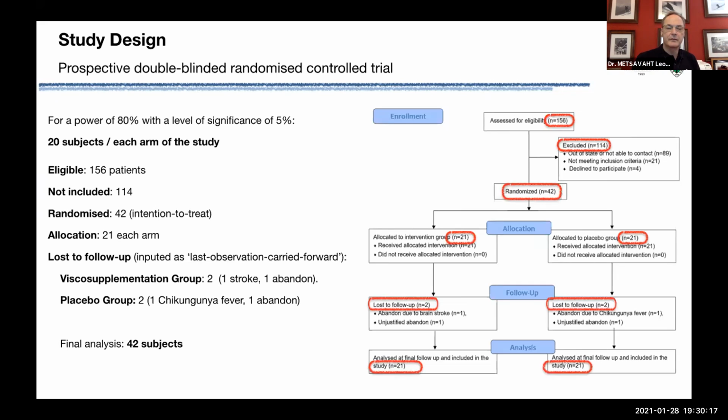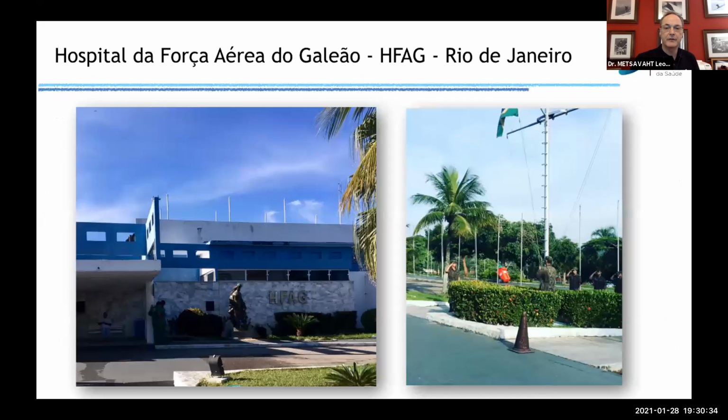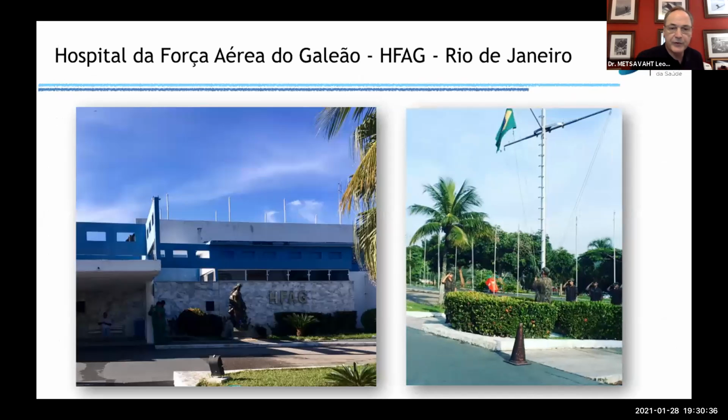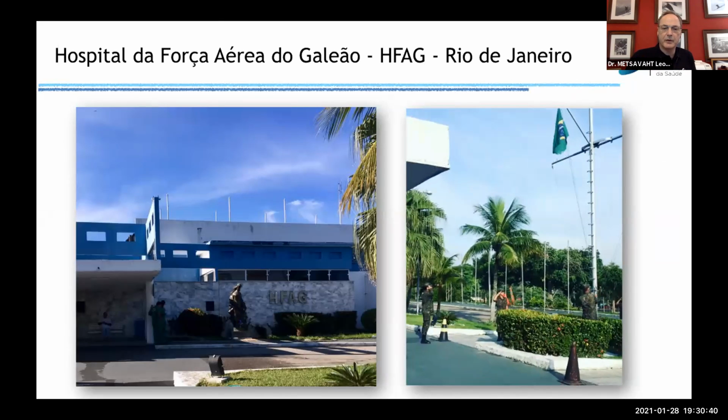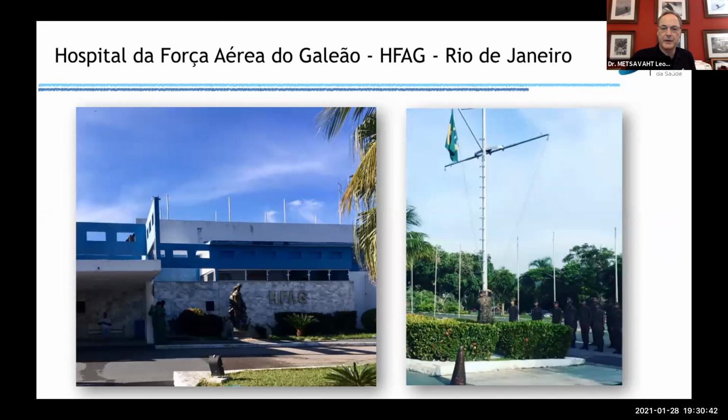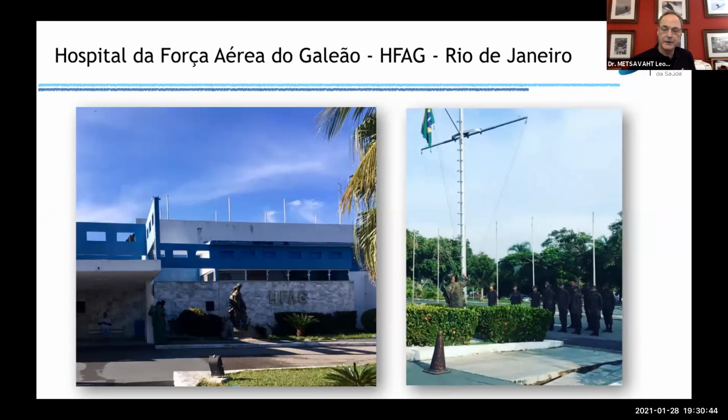One was because of stroke. The other one had chikungunya fever, a mosquito-transmitted fever. 2 abandoned. So our final analysis was over 42 subjects with a last observation carried forward protocol. This is the Military Air Force Hospital in Rio de Janeiro, where this study